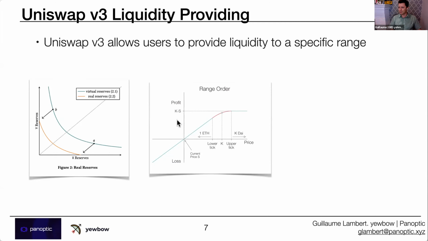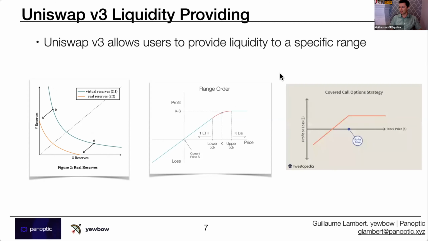I tried to play with the equations a little bit, changing that X times Y equals K expression into something that looks like this. And naturally, you see that this shape, which tops off at high prices and has one-to-one directional exposure at low prices, looks like, as I mentioned, a type of option called a covered call. Covered call or a short put, those are two options that you sell. So if you go on your TD Ameritrade or Fidelity account, you may be able to trade options. If you were to sell a covered call, you would generate this type of payoff where below your strike